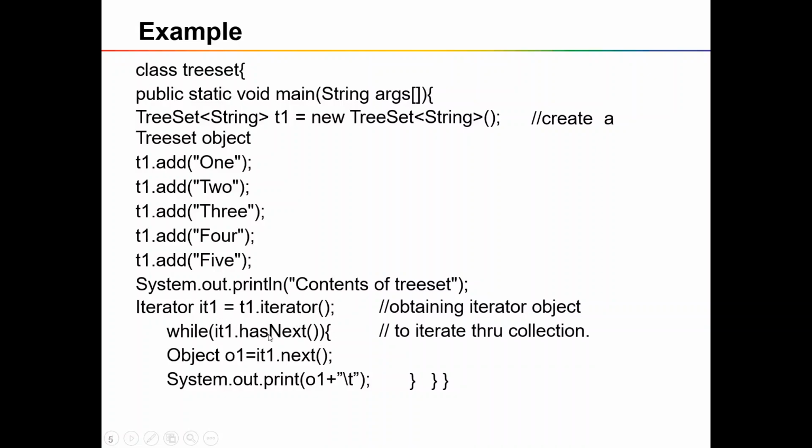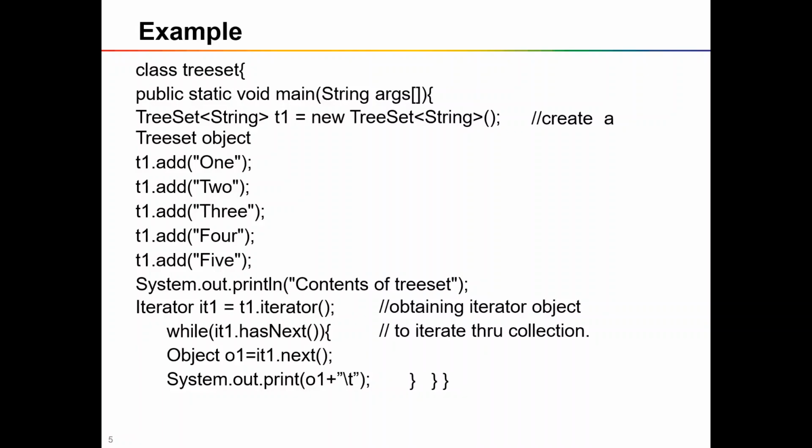Inside the iterator we have two methods, hasNext and next. hasNext will simply move the virtual cursor to the next position of the collection, and if there is a next element it returns true, and if there is no such element it returns false. And there is a method next. The next method returns an object type. The return type of next is always Object. If you want to convert that into your own type, suppose the elements are strings, then the returned object should be typecast to a string type.